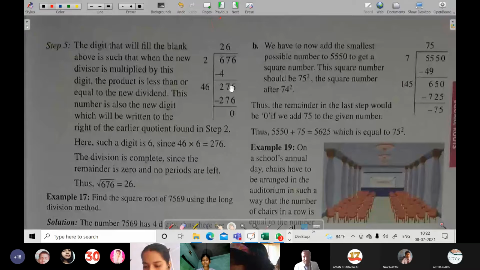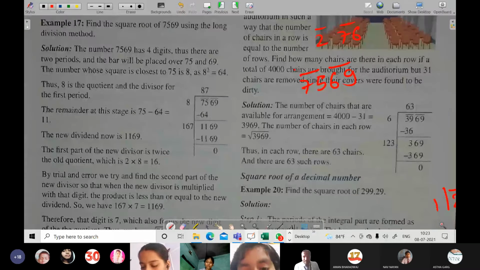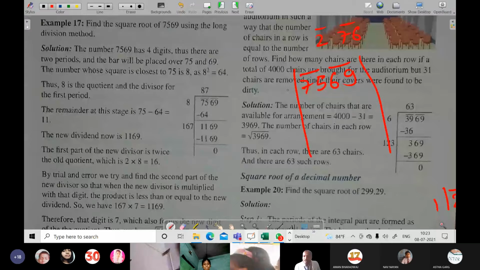Okay, like 75 is there. So 75 will be divided by keeping any other number over here. And which number we will be keeping over here? With the same number we will be multiplying. Like 75 is there. So if I will keep 8 over here, 8 square will become 64 and 9 square will become 81. That is bigger. So of course you don't have to take the bigger one. Just before that we will be taking.